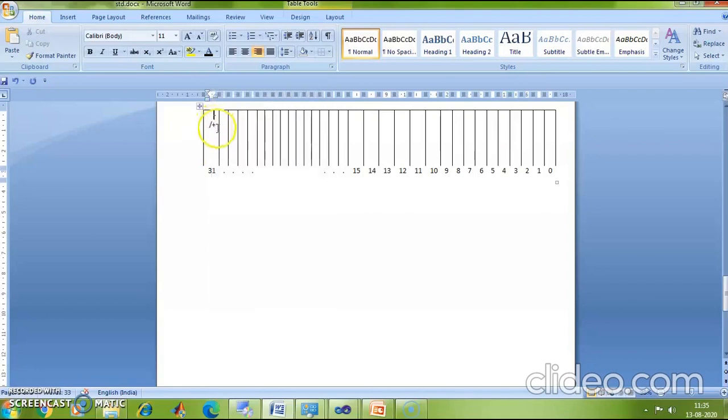Whether it is negative or positive is being mentioned in the last bit. That's because I am storing a signed integer. Okay. So how many bits are left here? The number of bits which are left behind here are 31 bits, right? Now these 31 bits are used to store my number. Out of the 32 bits, 1 bit is stored for the sign and the remaining 31 bits are stored for the number.